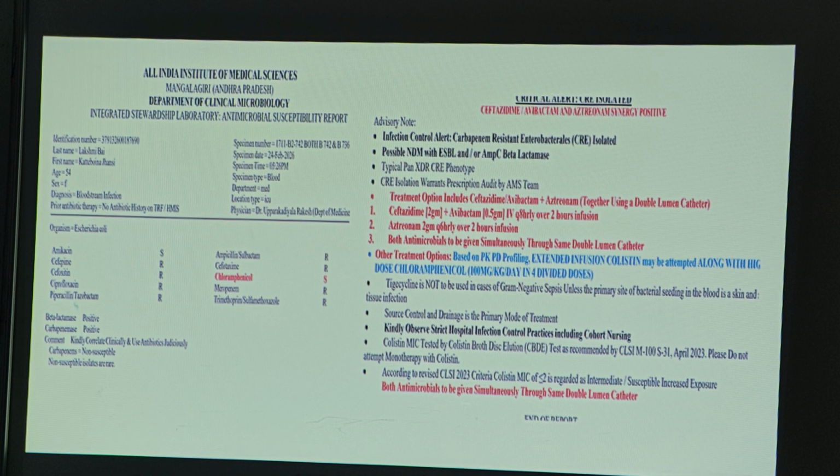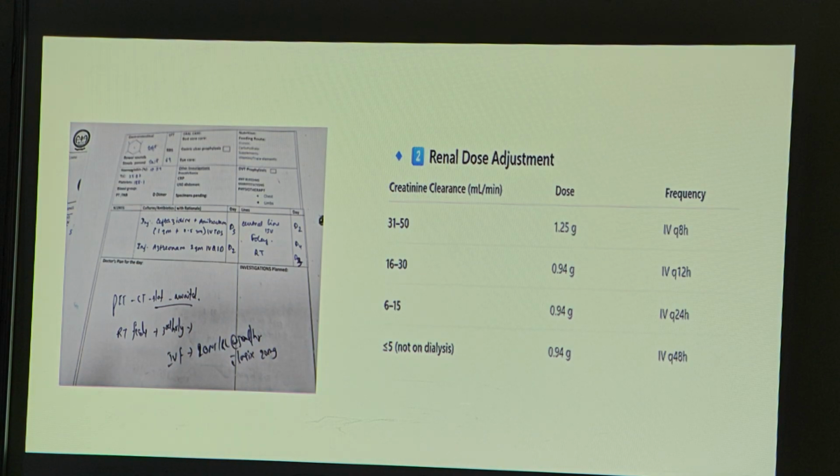So we advise ceftazidime avibactam, proper dose, extended infusion we have to give. In this kind of patient, we have to calculate the creatinine clearance. There are online calculators like Medcalc, or the Cockcroft-Gault equation according to the body weight, and so many equations are there to calculate the creatinine clearance. For this particular patient, if you put in 3.2, the creatinine clearance comes around 34. So you can see in this 31 to 50 range, we have to give 1.25 gram IV every 8 hourly.